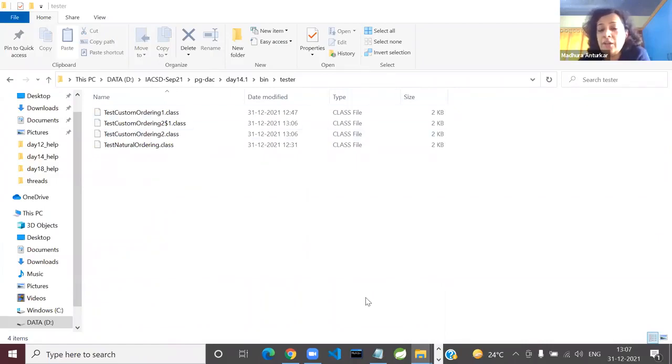Are you seeing outer $1? The outer name was test custom ordering 2, and then the $1 class. Is everyone observing it? I hope you got that. So who had generated this name? Not us. We just wrote the class. The compiler gave the name as outer $1. And the name of the outer class was test custom ordering 2. So all of it should make sense.